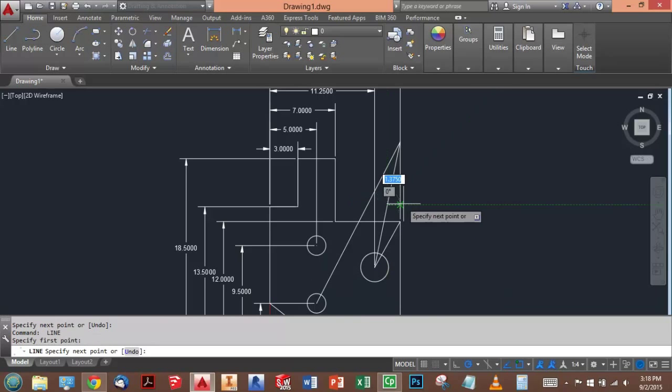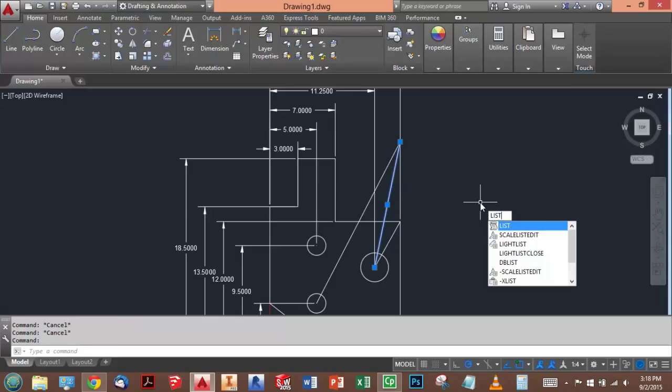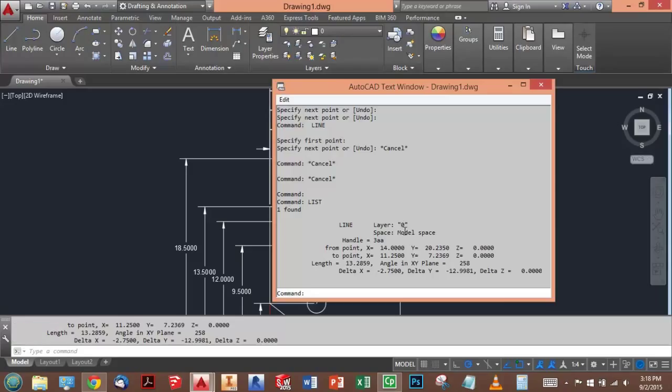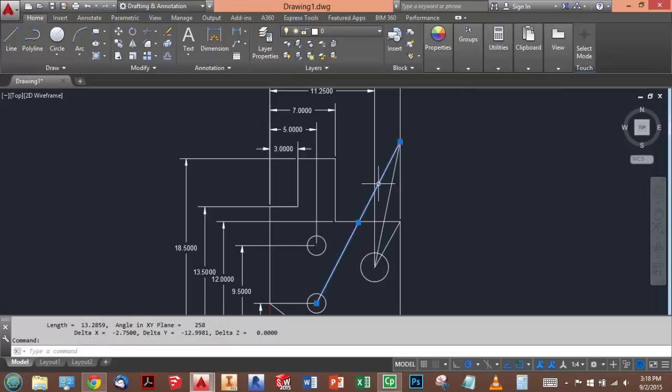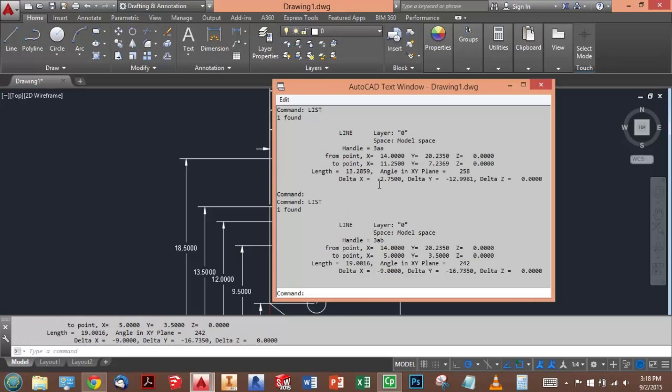Now I can just use the list command on each of these. So if I choose that line and type in list, you could also use properties. So if I go to list, I can find the length right here, 13.2859, and easily key that in. And then I can do the same thing for the other one. So if I choose it and type in list, that will give me the other distance that I'm looking for, which is